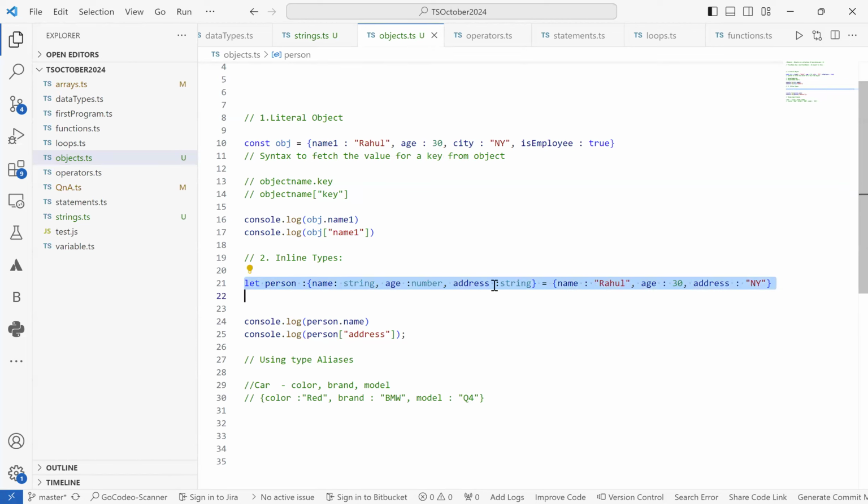So this is strictly managed, like we cannot use name as a number over here, address as a number, or age as a string value. But if you try to declare age as 30 over here, you will be able to, because this is type inference, where TypeScript is able to decide what kind of value you have declared based on the value inside the object. Whereas